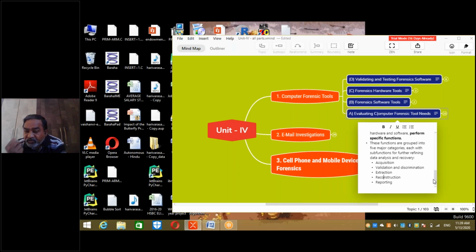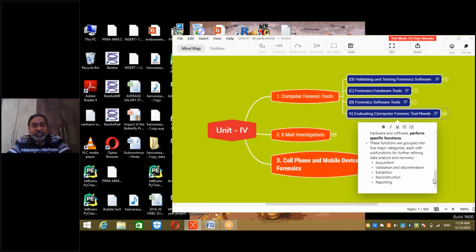Next, extracting the information that is required. That means from the selected data, from the relevant files that we have shortlisted in the validation process, extract the information or data required for the case purposes. And then reconstruction of the crime scene.